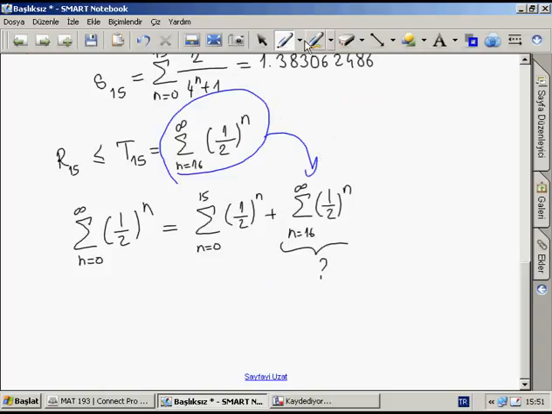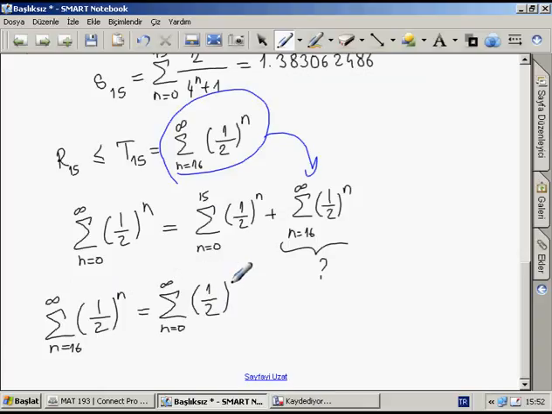As you see, now the sum from 16 to infinity of 1 over 2 to the power of n equals the sum from 0 to infinity of 1 over 2 to the power of n minus the sum from 0 to 15 of 1 over 2 to the power of n,